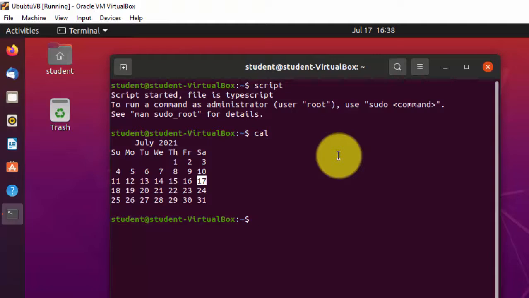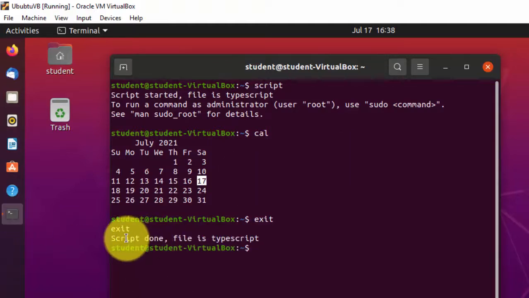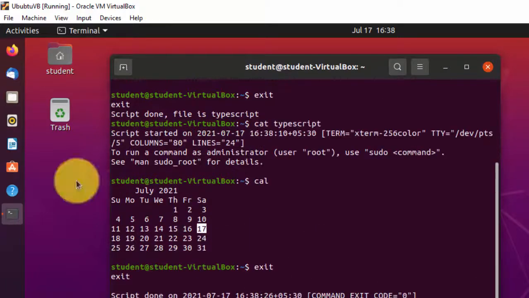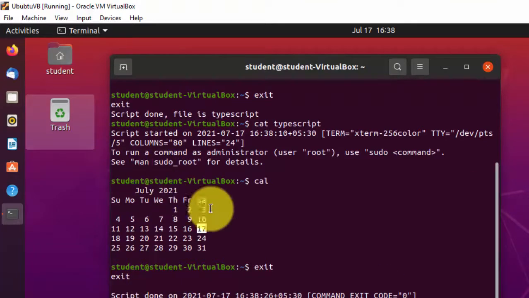To stop the recording we simply type exit, and you will see on the screen that the script is done and the file is typescript. You can check the contents of the file typescript by typing the command cat. It shows you the content of the typescript.